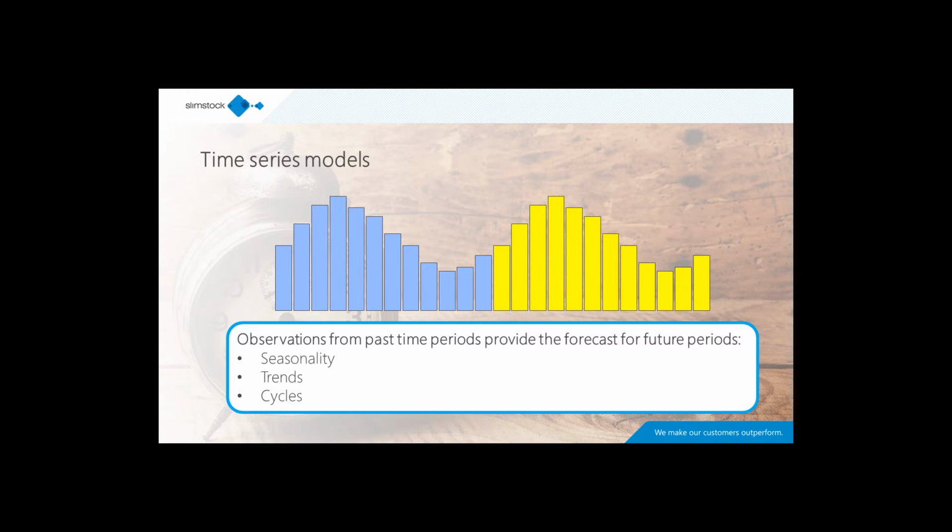Forecasts are generally derived from the analysis of past observations across defined time buckets. Such methods are known as time series models. These forecasts are being made all the time in everyday life. In their most basic form, a forecaster calculates averages from past observations and uses this as the prediction for the next event.